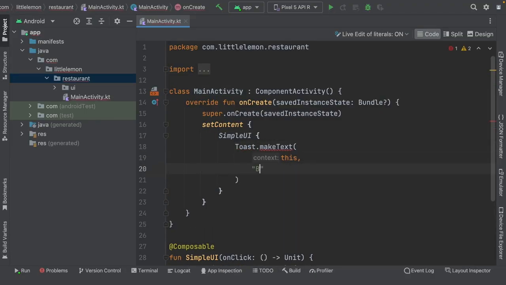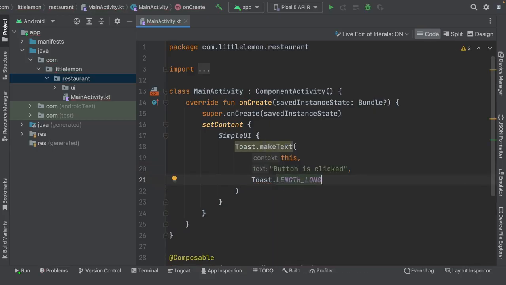The parentheses can be changed to curly braces, and within those you can build a toast that states a button has been clicked. Run the code, click the button, and the output is a toast that states that button is clicked. Let's do some adjustments to the example to count how many times the button is clicked and display the